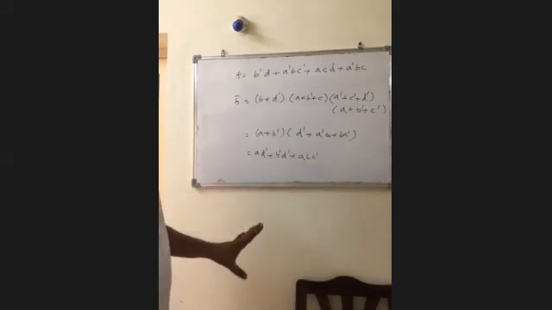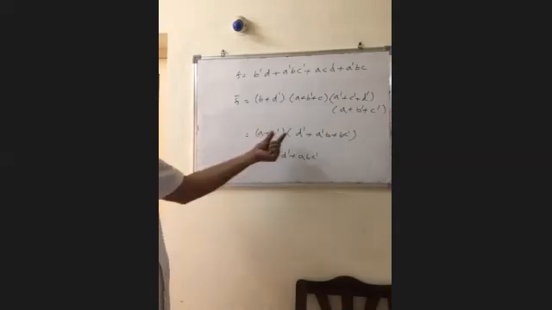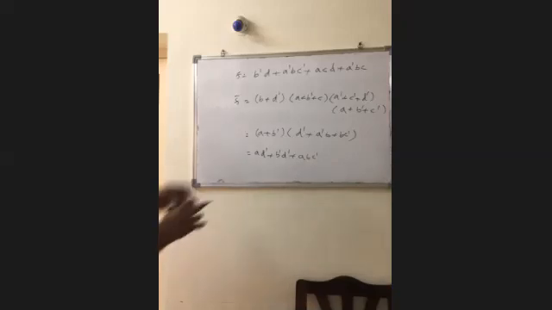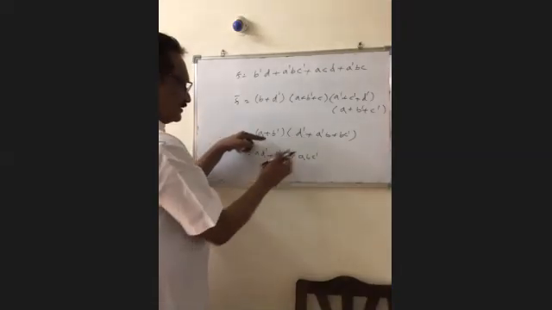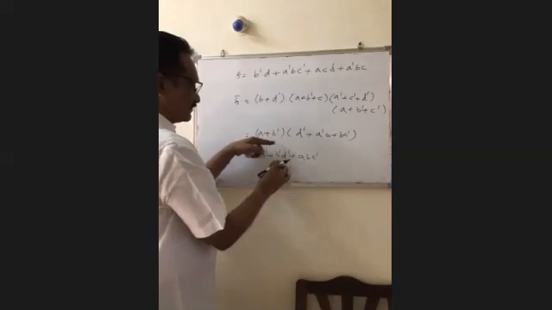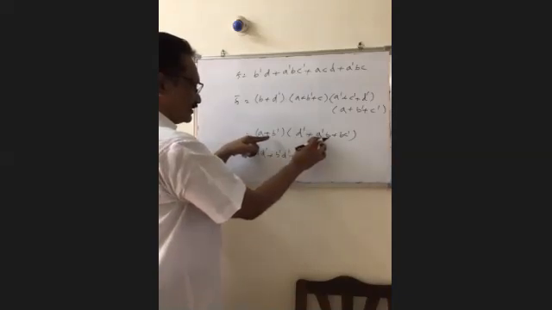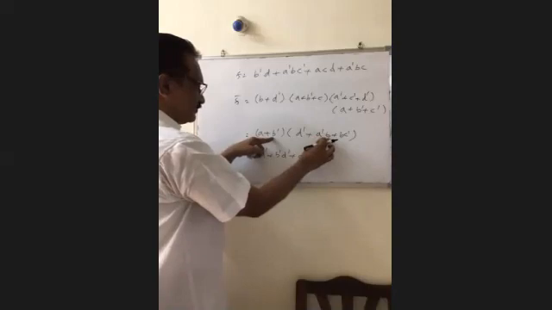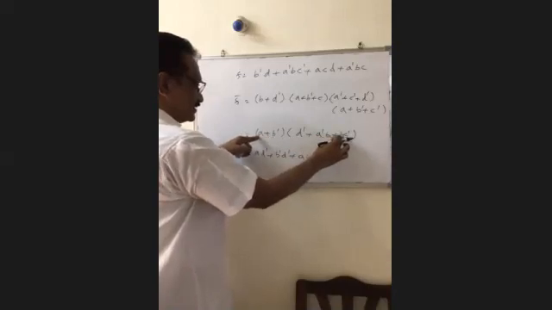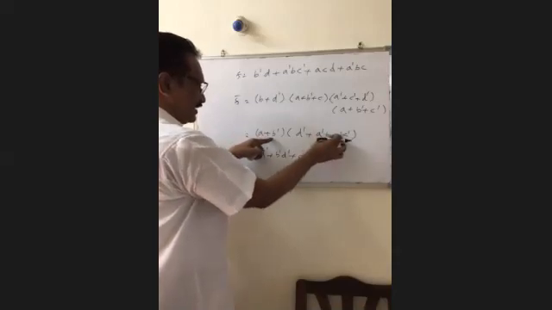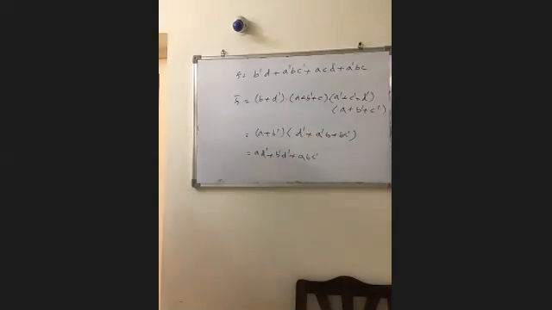Is it correct? By multiplication, A into D dash, B dash into D dash, A into A dash 0, B into B dash 0, next A into A B C dash, next to B into B dash 0. So this is the minimal expression, no doubt in that one. That is the minimal expression.